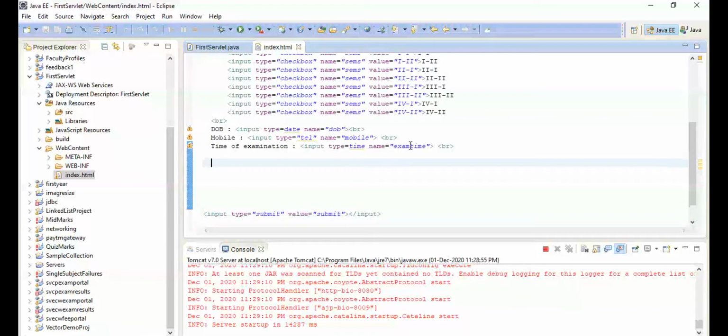Next form element. Have you ever used these form elements? Have you ever placed these form elements into the HTML? Why have you taken this much time? I don't know. Please.